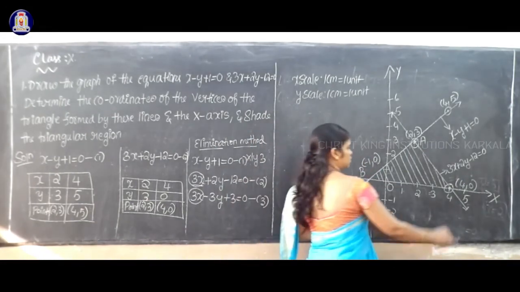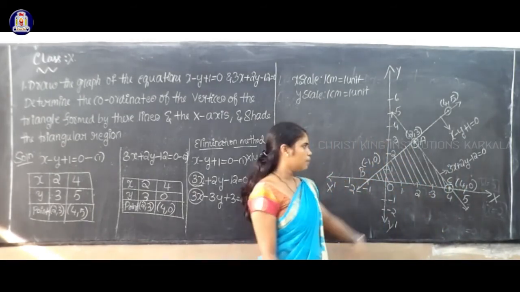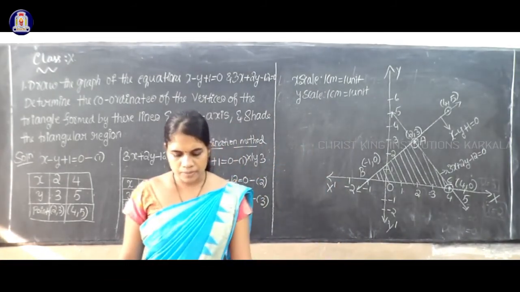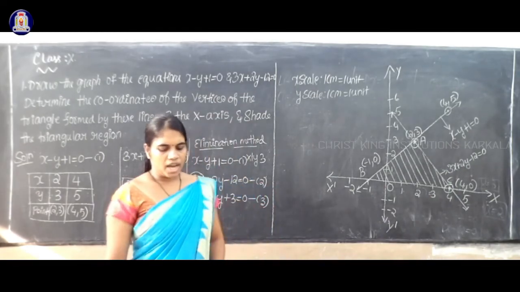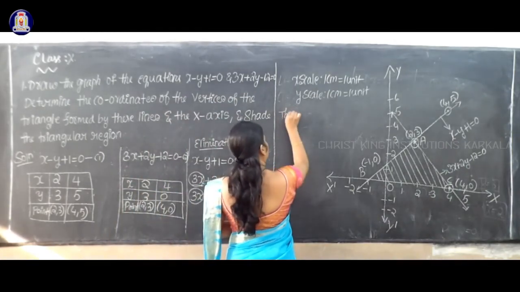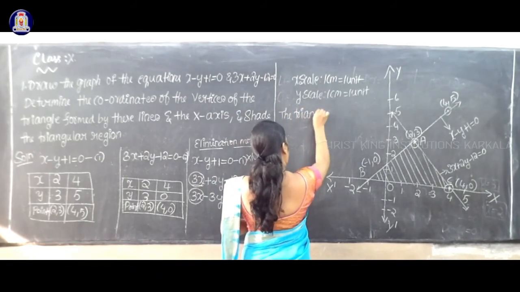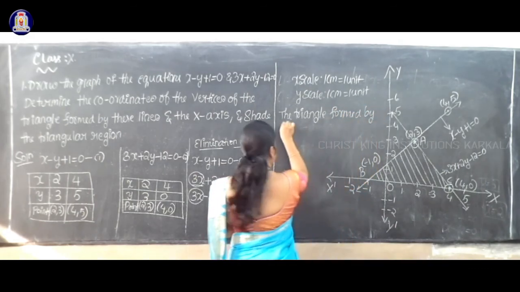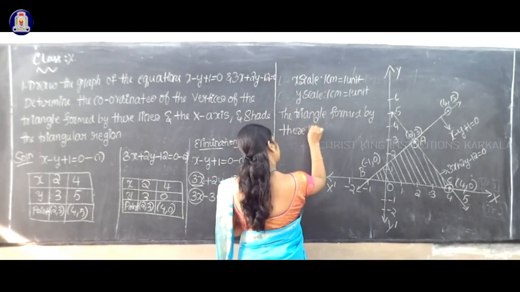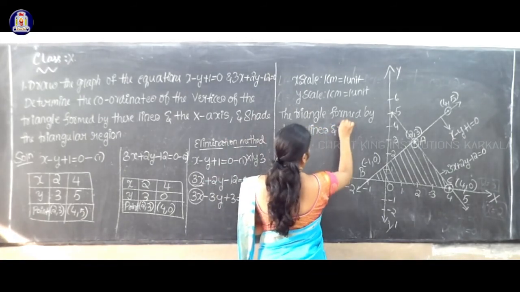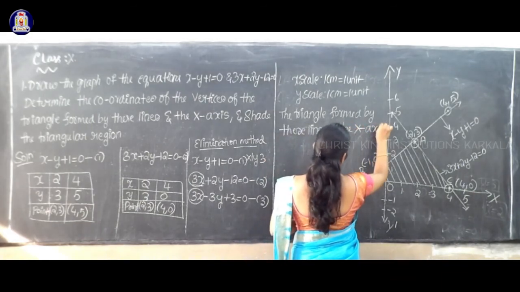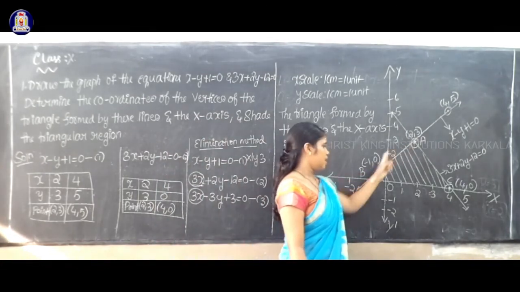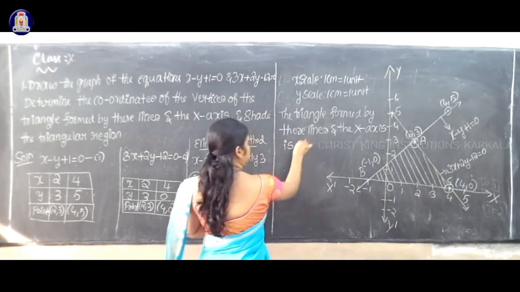Next, the third point I will consider. The triangle formed by these lines and the x-axis is which triangle? ABC. Okay, it is triangle ABC,